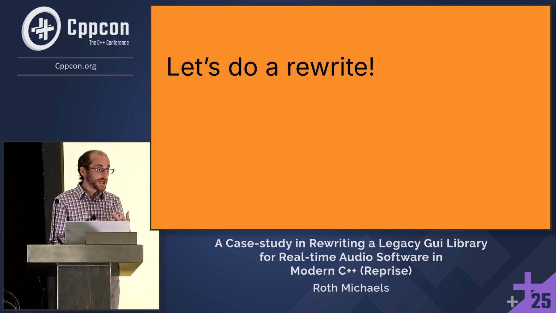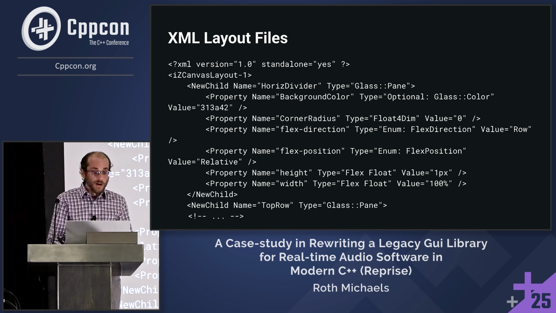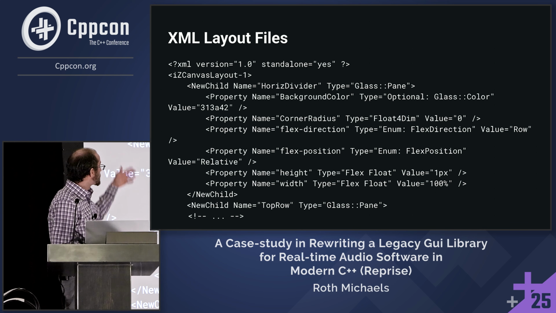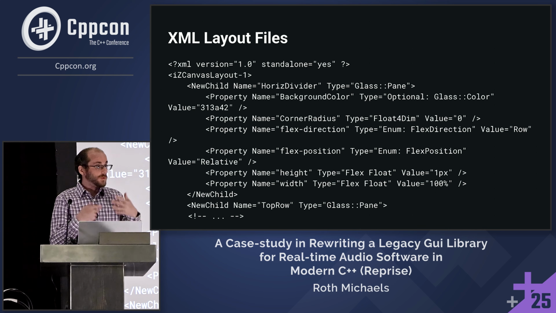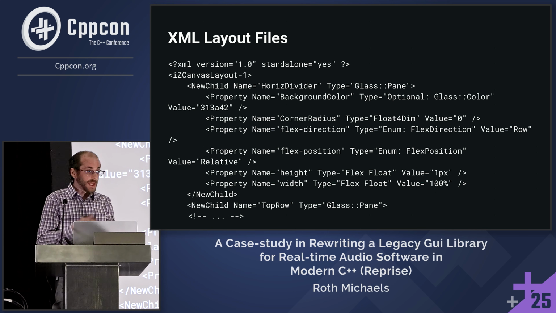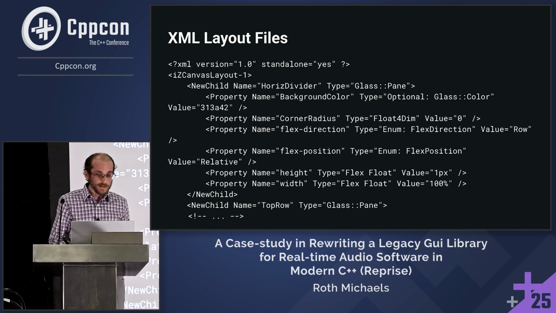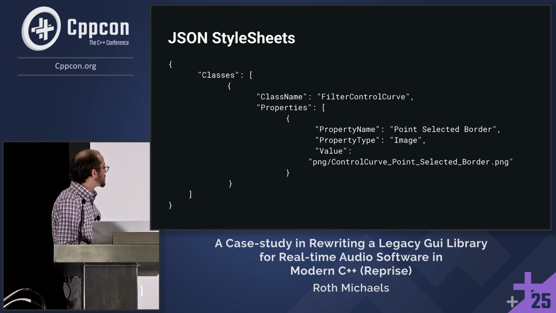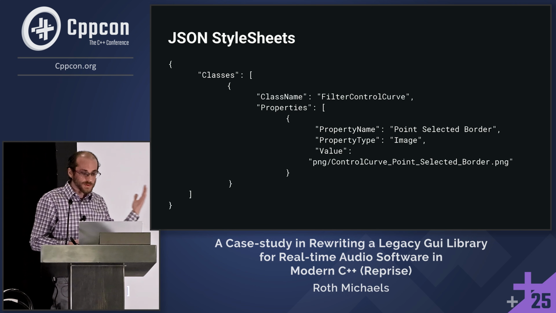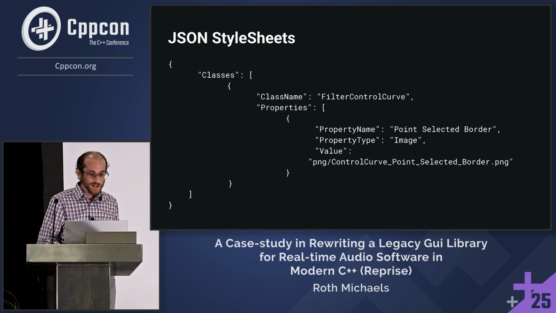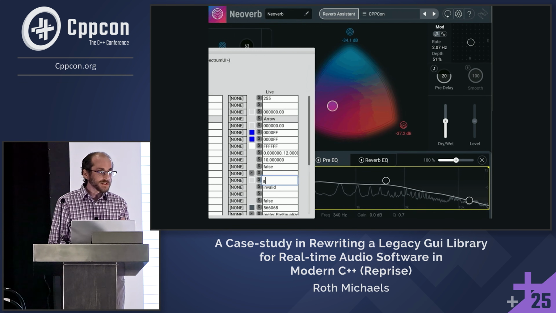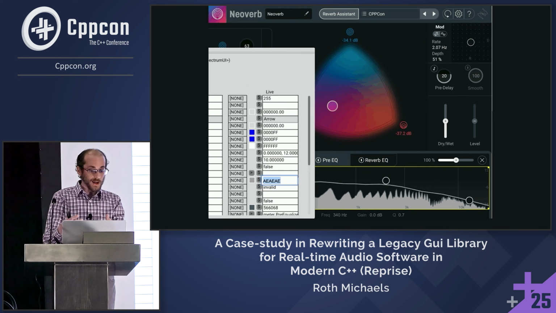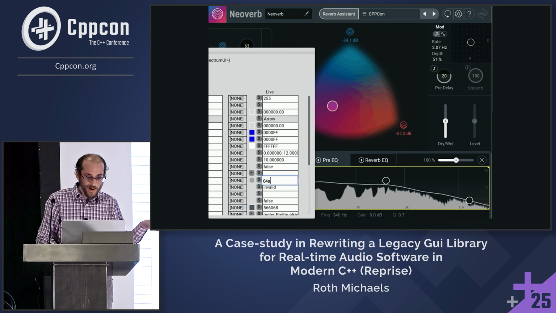We had a lot of features that we liked and wanted to keep taking advantage of. We already had a way in our Canvas library to serialize and deserialize UIs in an XML layout file. And this is really good for having designers be able to edit things and not need to deal with C++. We also had a style sheet system. Doesn't have the complexity of cascading style sheets, and it's JSON, it's a little bit weird, but this was also useful. But the particularly useful thing is with those XML layout files, we also have an interactive debugger and layout